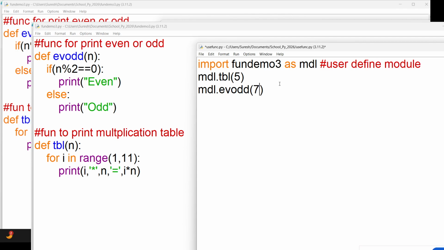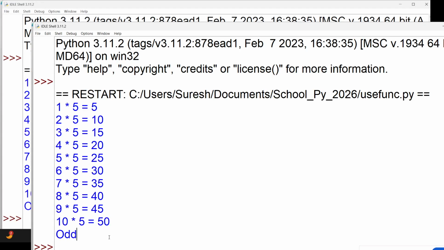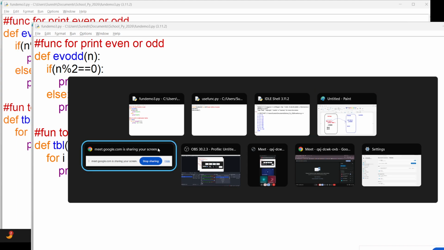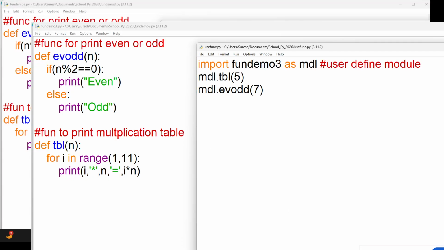For example, see functions and even. Got it? How we are accessing the function of the other file? It's very simple. You have to just import the file name and you can use it as a short anything. Okay. So this is user defined module, right? So in a similar way you can create many files and you can use them in other files.